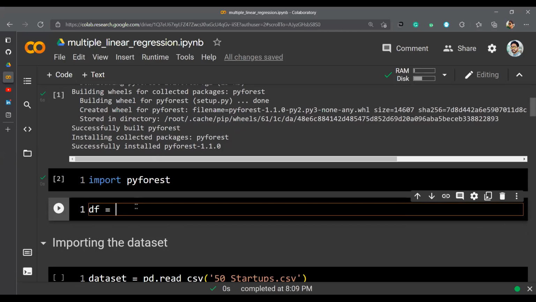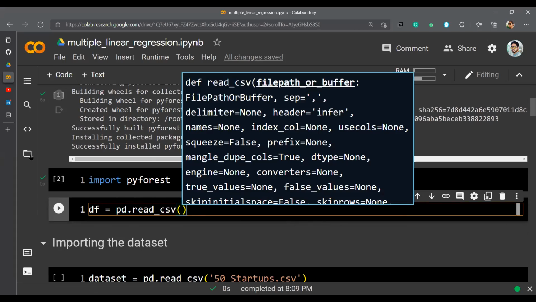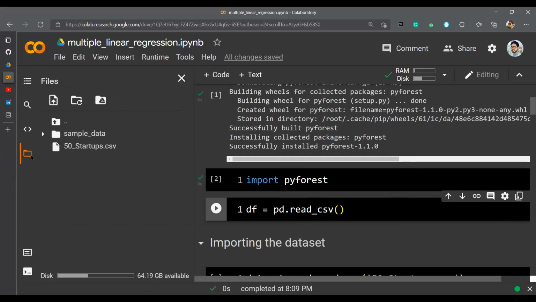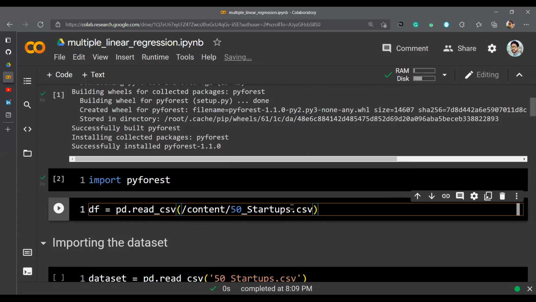df is equal to pd dot read_csv, into the file name. What is it? Startup. And that's it.